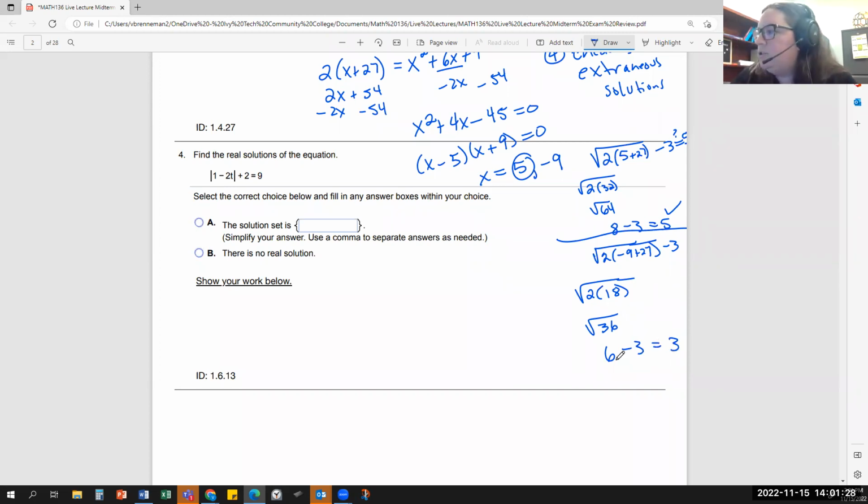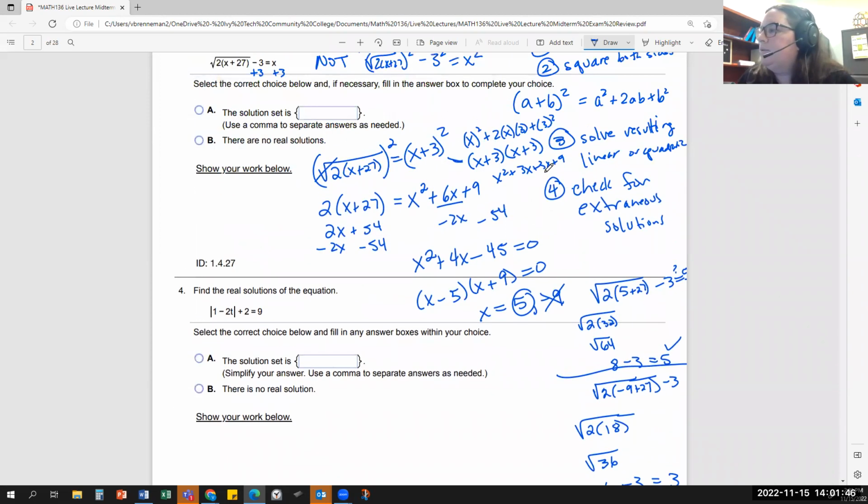When you have extraneous solutions with these radicals, if this had been a negative square root, that would be what it would take to make it come out -9, but it wasn't. It was just the positive side of the square root. So we only get the positive side answers. So -9 would be extraneous. You would leave that out of your solution set and it would just be 5. Depending on your instructor, if you put 5 and -9, you probably get some amount of partial credit, but you'd still get at least some part taken off for not eliminating the extraneous solution.